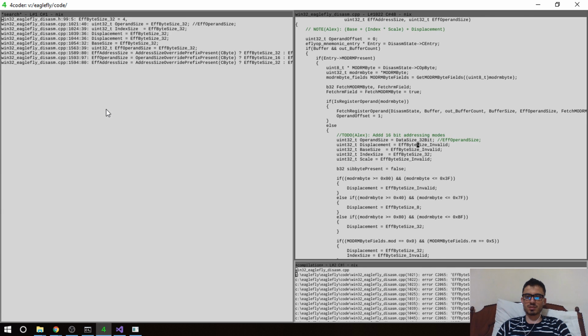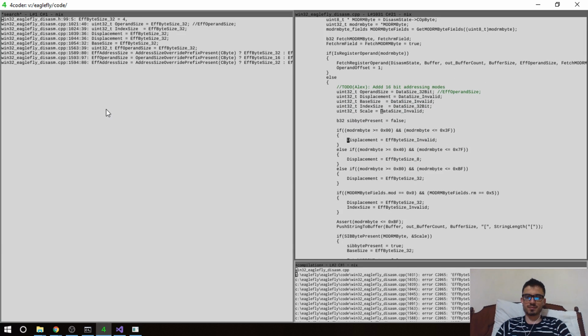This is going to be data size invalid, data size invalid, data size 32-bit, effective byte size invalid, invalid, invalid,